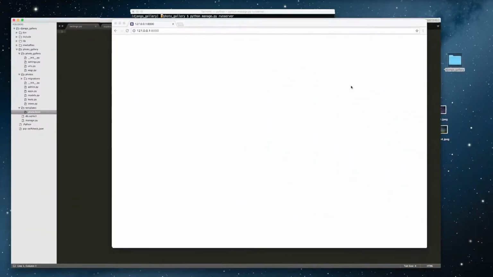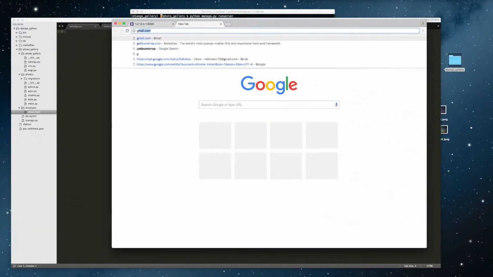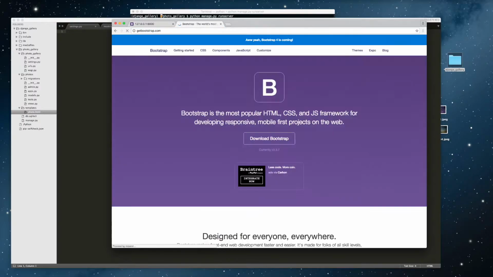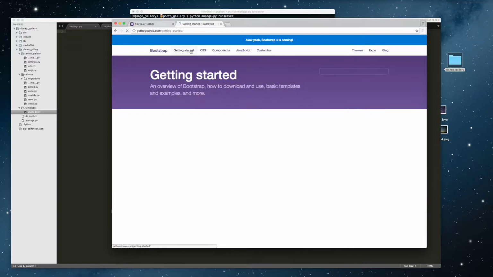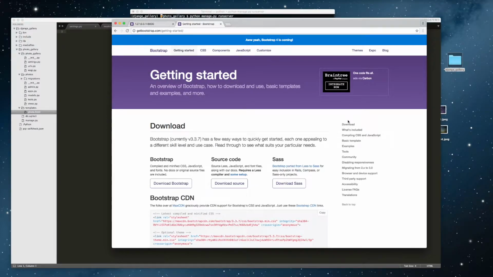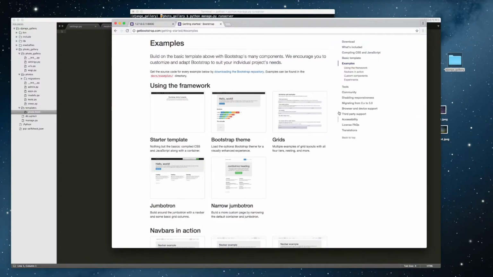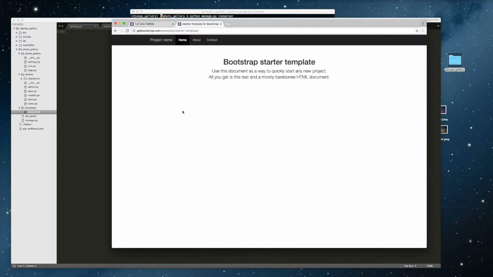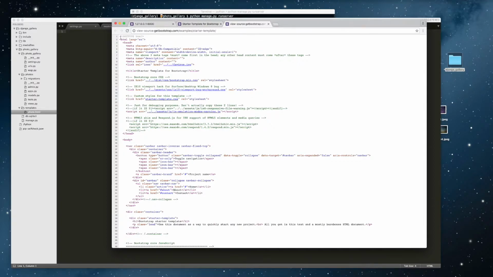So go into your browser, go to getbootstrap.com, and then on the top, click on Getting Started. On the right side, click on Examples, and then I'm just going to use the first one. Simple and straightforward. So, I'm going to right-click into the web page, and then click on View Page Source, and then I'm just going to copy this whole thing,